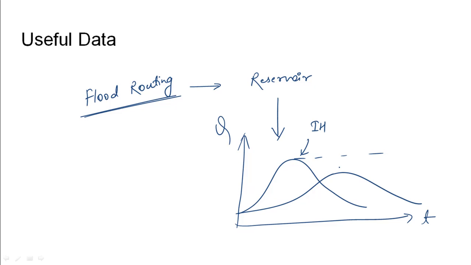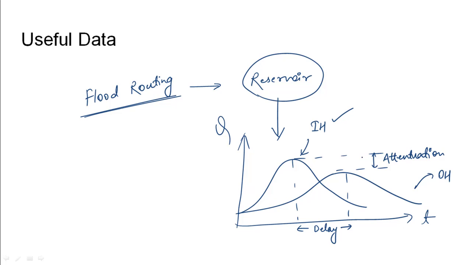there is an attenuation of the peak which can be seen here. So this is the first property of building a reservoir. The peak attenuates for the outflow hydrograph. The second thing is, in between the peaks there will be a delay on the time axis. So giving an inflow hydrograph as the input through a reservoir, the outflow hydrograph, its peak gets attenuated and there is a delay which prevents in causing floods, or at least reducing the intensity of floods as much as possible. So this is the main benefit of building a reservoir.